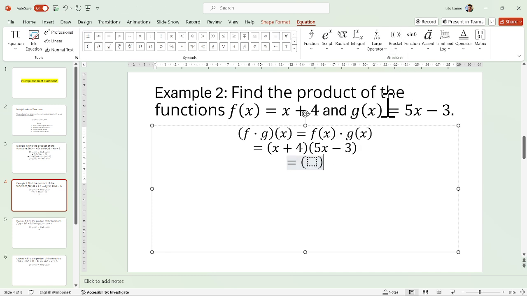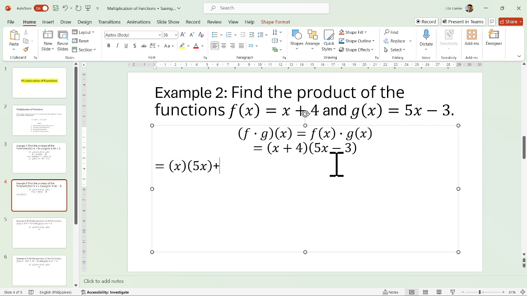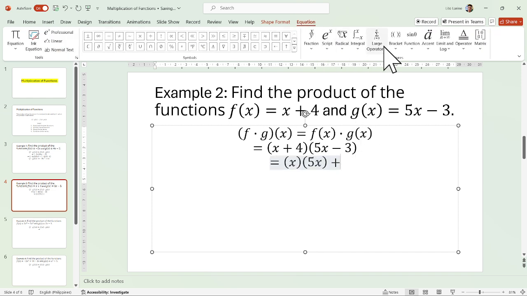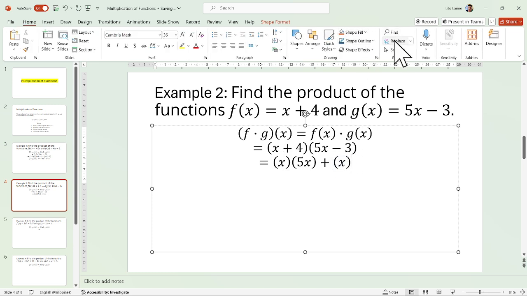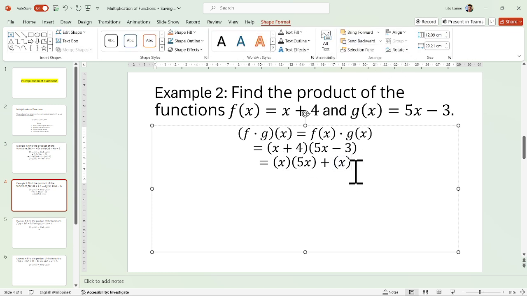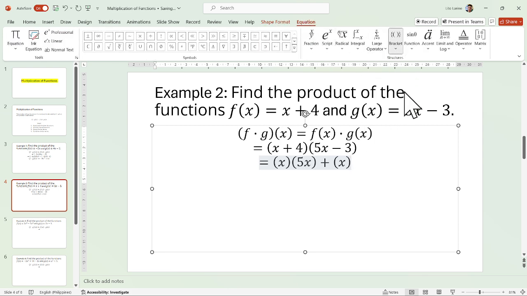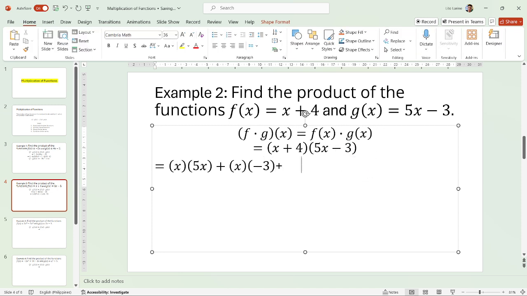That is, the first term of f of x is x, will be multiplied to each term of the g of x, that is times 5x. Then we will also have plus. Okay, we will write it as addition. Express it as an addition. We have plus, always add, x again multiplied to the second term of our g of x expression, which is negative 3. Take note of that. X multiplied by 5x, and x will be also multiplied to the second term, which is negative 3. And then plus